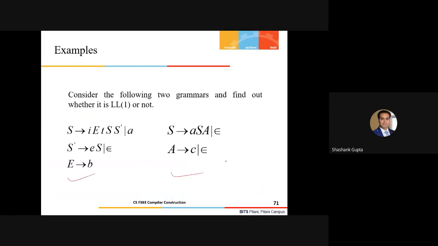Similarly, we have these forms of the grammar, guys. So just find out whether this is LL1 or not. I leave it as an exercise for you. Now this is the whole thing which we have to understand as a part of LL1 parsing, the predictive parsing. You can see the name itself indicates the meaning: it is uniquely predicting the actions, considering that the form of the grammar should be correct.